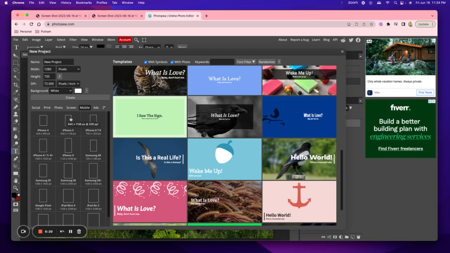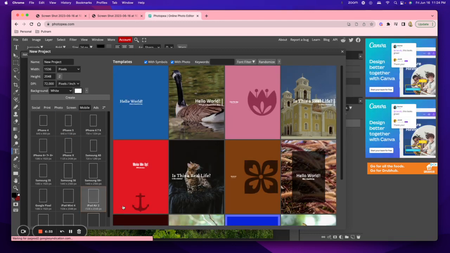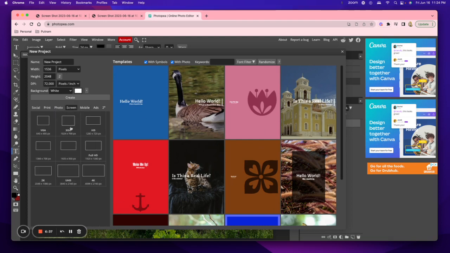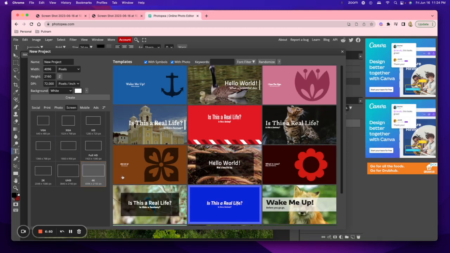I've got these different images, and I can pick, yep, I have an iPhone. So these are the templates that are all created. You can do the same thing, pick a different one. That's on an iPad. And screen, same type of thing. I can click on the different ones. So if I've got different types of screen, notice the screen sizes. So depending on, say I wanted to create something for a TV that I might have, and it's using 4K,